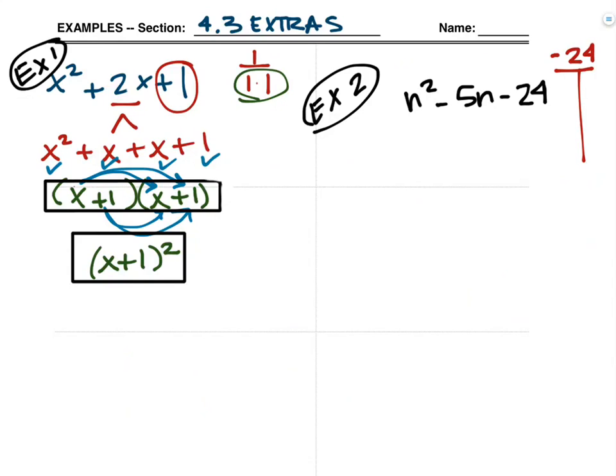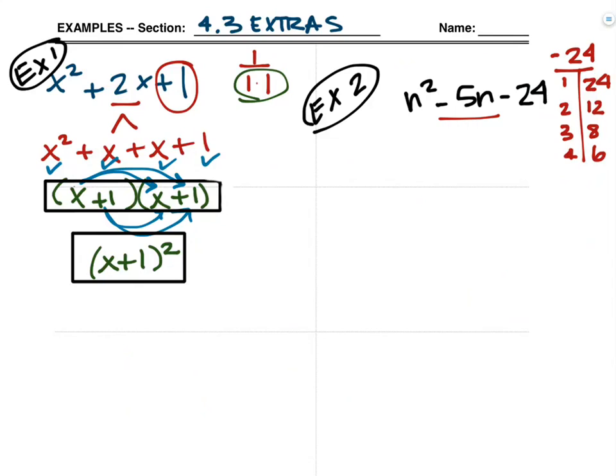And it's a negative 24 as I indicate that sign in front. So when I do that, I'm going to indicate 1 times 24 and 2 times 12, 3 times 8, and 4 times 6. Now I know that this needs to be multiplied to be 24, and it needs to be added to this